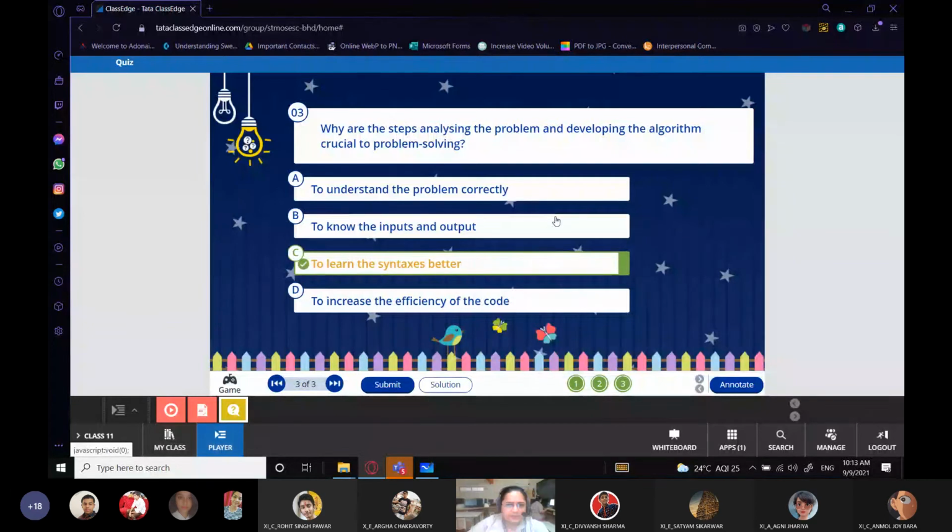Why are the steps analyzing the problem and developing the algorithm crucial to problem solving? It can be two of them, that is to understand the problem correctly, and to increase the efficiency of code. But then increasing the efficiency of code comes very late. So A is the most suitable answer over here, in my opinion.